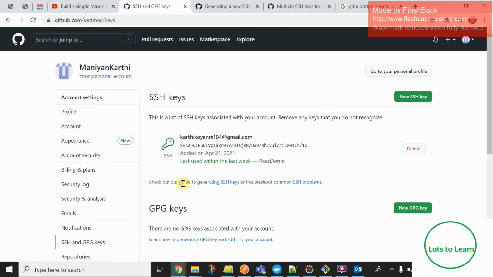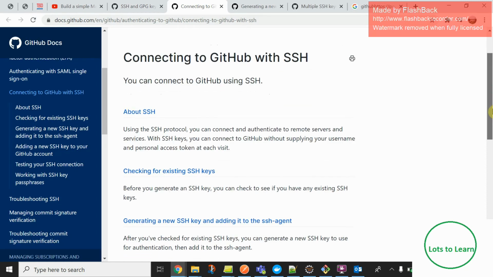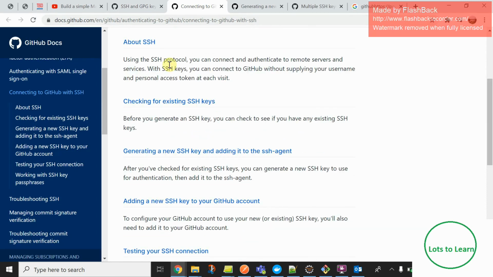There is a link below: Generate SSH, click on GitHub. Click on the link below and you can see the GitHub docs. In the GitHub docs, you can see how to list the existing SSH keys, and to list down